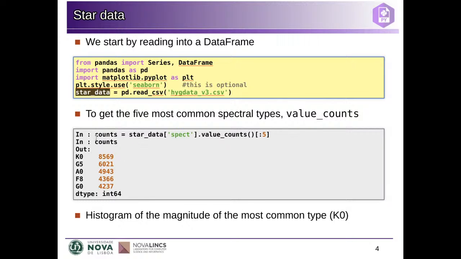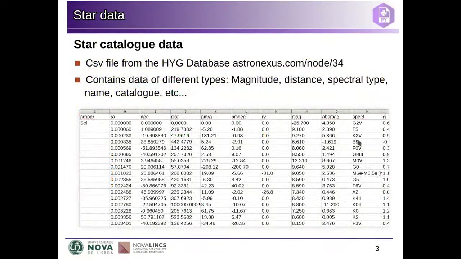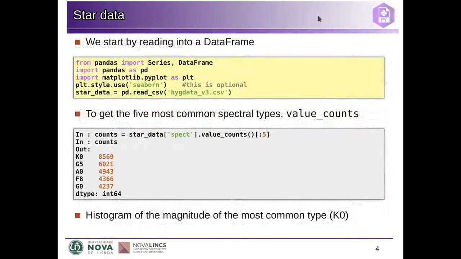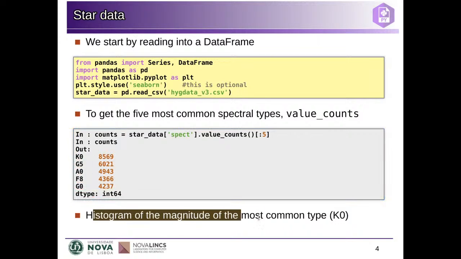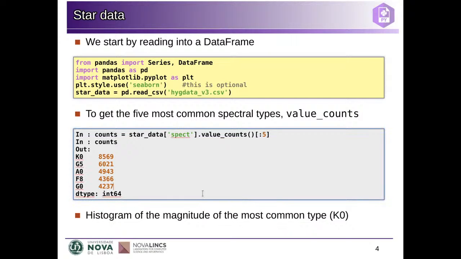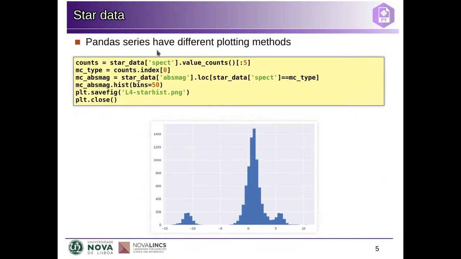And now we saw this in the last lecture. I can get the count of all the different values in the spect column. This is the spectral type column here. And if I take the first 5, this gives me the 5 most common spectral types. So now I could do a histogram of the magnitude for the most common type, for example, K0. I can select this most common type. So this is the first